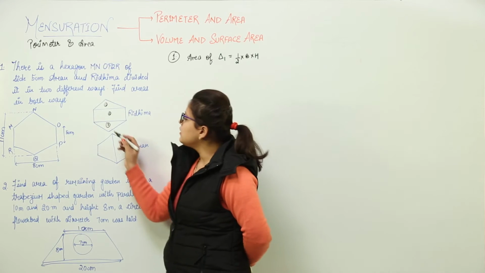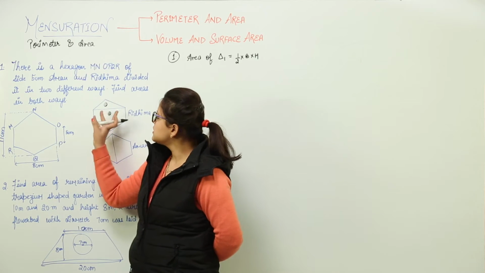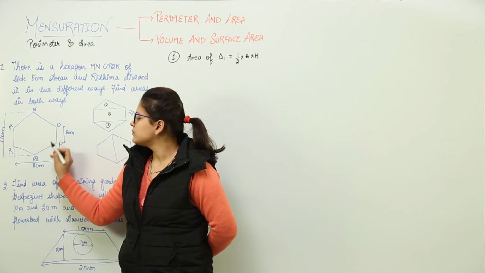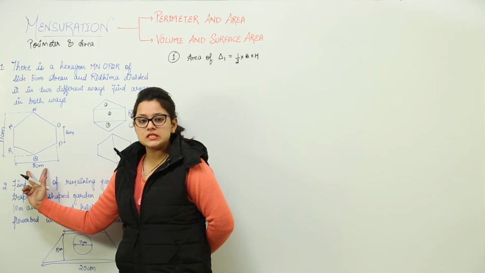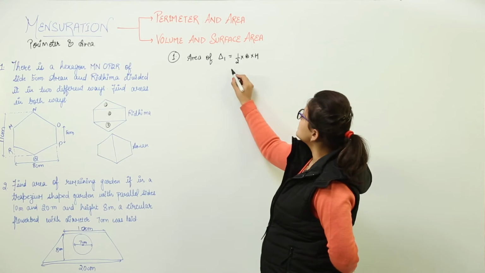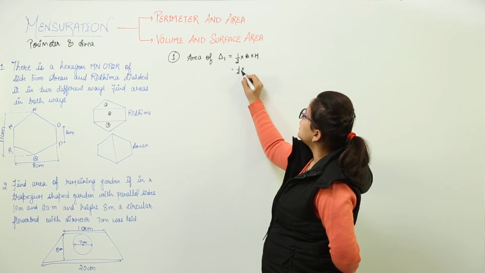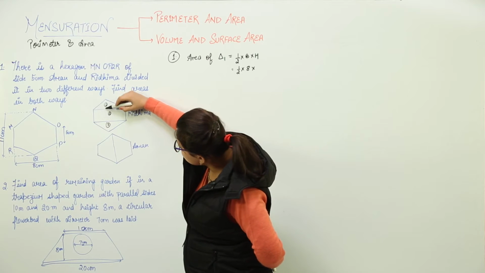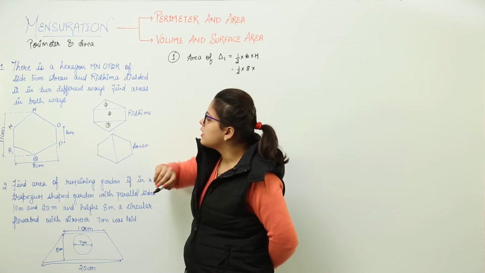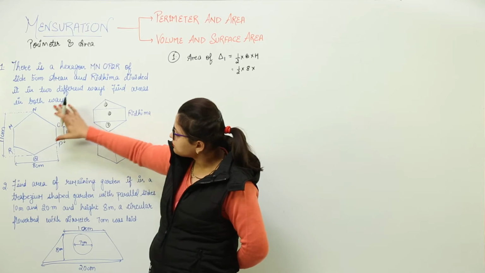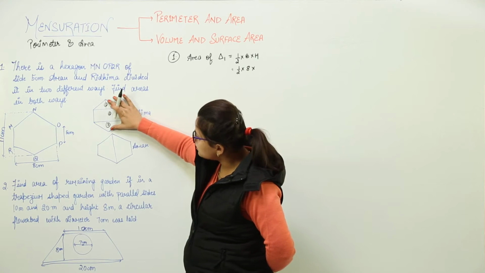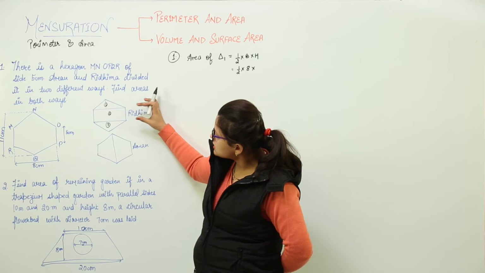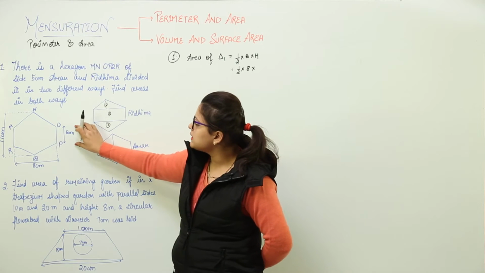Now let us see what will be the base for this. The base is the whole length from here up to here. What is the length from M to O? Isn't that given to us? 8 centimeters. So we will take the base as 8 centimeters. 1 by 2 into 8 into. Now what will be the height for this? The height is going to be the perpendicular distance. But how do we find this out? We are provided that this whole distance is 11. Out of this 11, we subtract this 5.